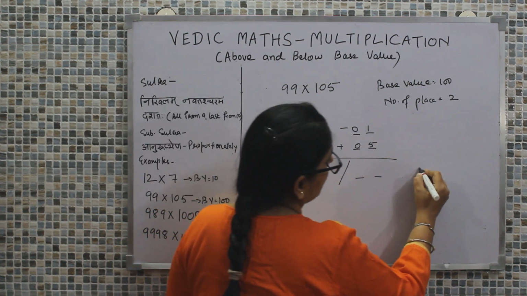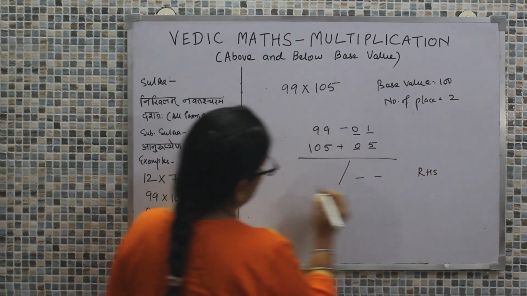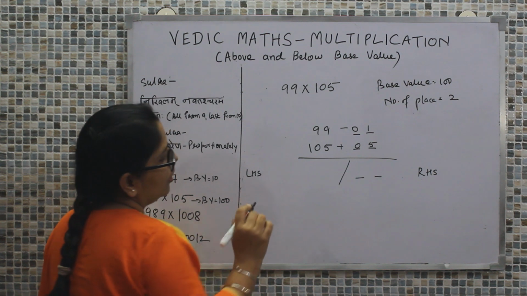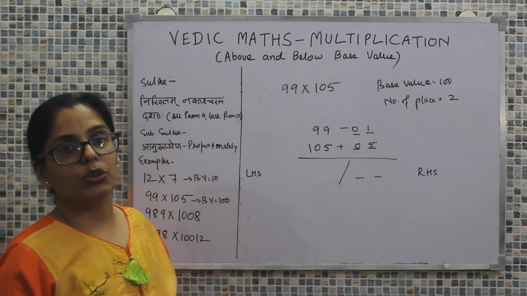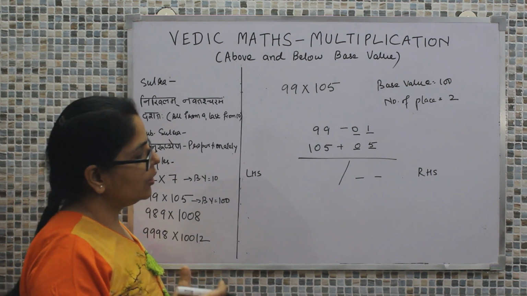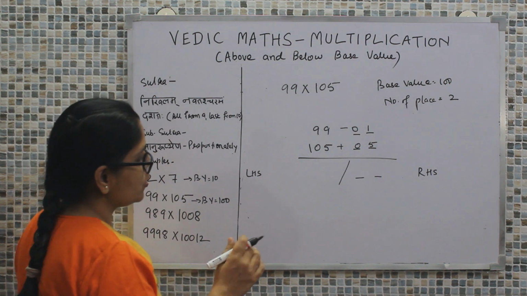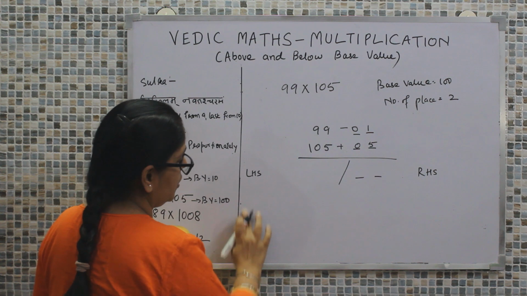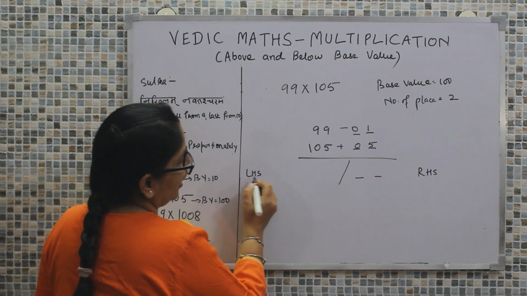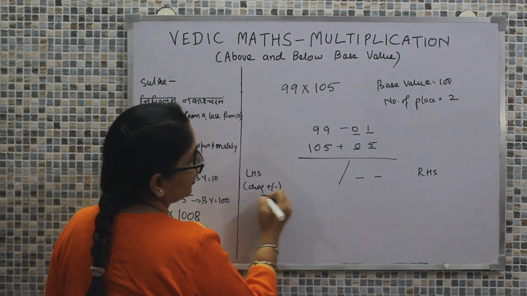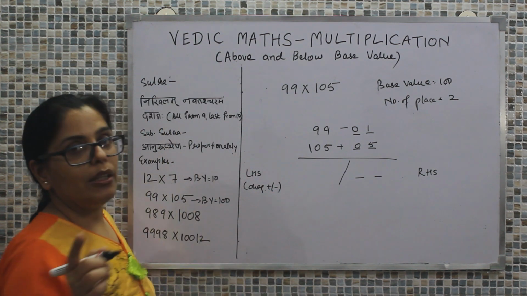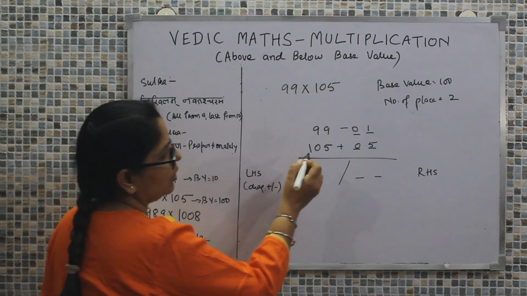Now let's move for the computation of the RHS and the LHS. It's not mandated that we always need to proceed with the RHS or with the LHS. We can either proceed with the LHS and then RHS. There is no mandate rule for that. Let's proceed for the LHS now. LHS talks about diagonal addition or subtraction depending upon the sign that particular value carries along with it.